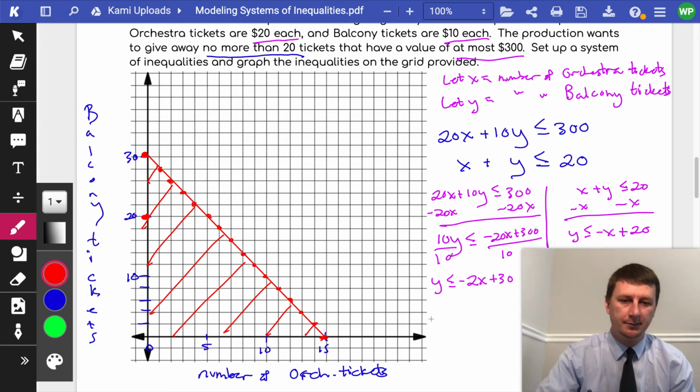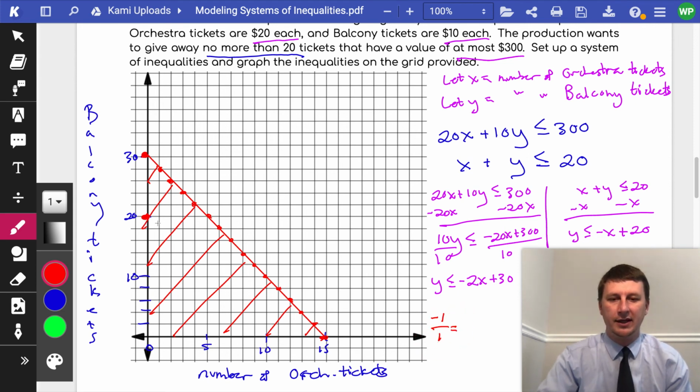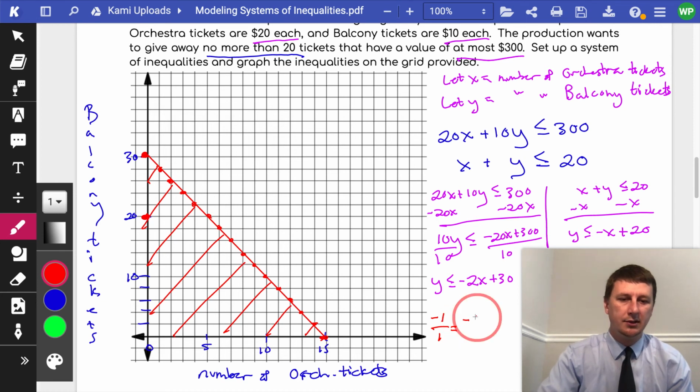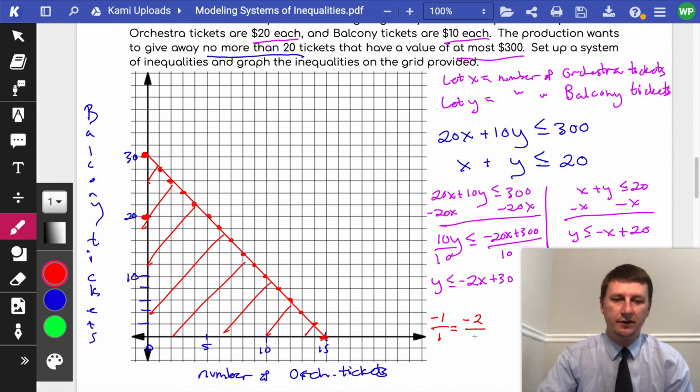So down 1 over 1 is not possible to do unless we're guessing in the middle of a line. We don't want to guess. But we can go down 2. How much would we have to go over to have it be the same as down 1 over 1? Negative 1 over 1 is the same as negative 2 over 2, because negative 2 divided by 2 is negative 1. So we could actually graph this by going down 2, right 2,